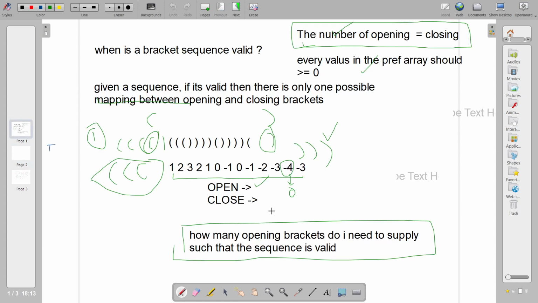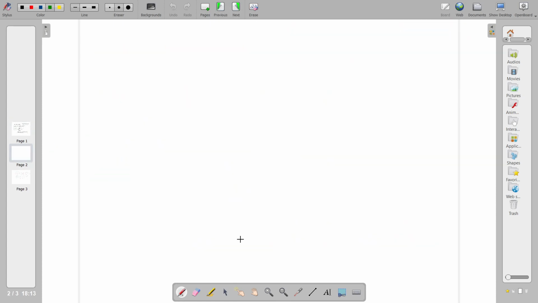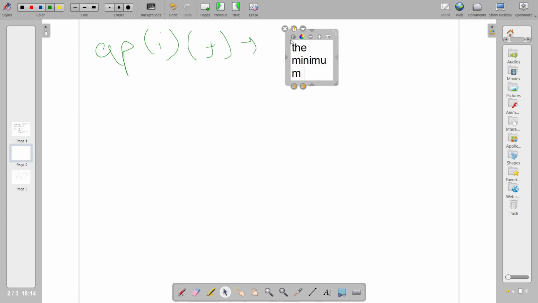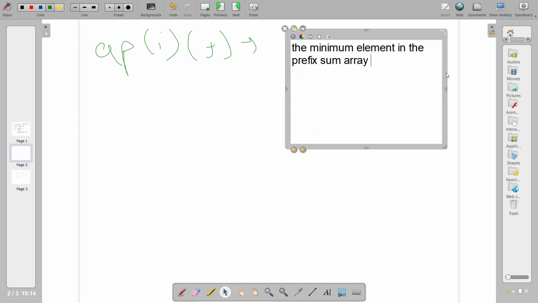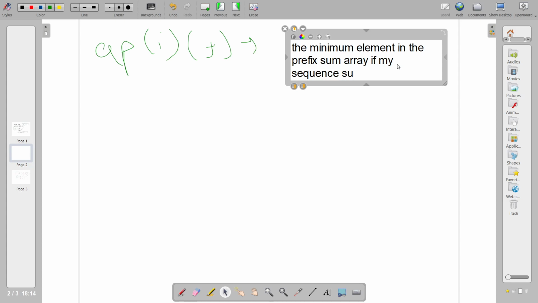So this is something that I have calculated. What I have made is this DP. I've actually called it AP. So AP of I J basically tells me the minimum element in the prefix sum array if my sequence is from I to J. And how do you calculate it?